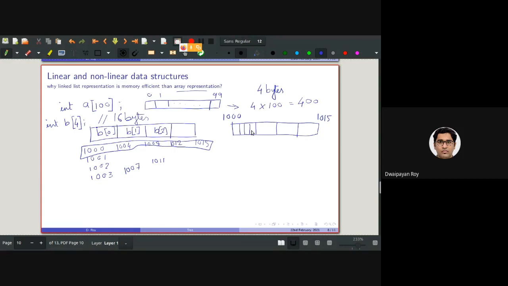In these bytes, the corresponding B0 will be stored, and for this as well. This starts from 1004, this from 1008, and this from 1012. So this 16 byte memory location will need to be in continuity in the virtual memory space.